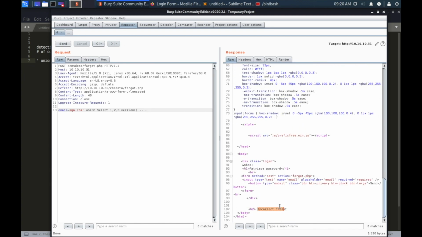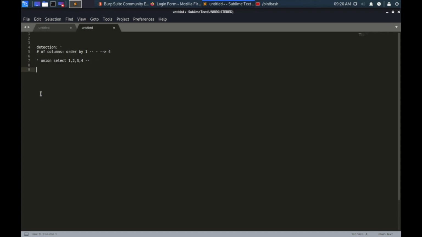I am getting incorrect format one more time. One of the reasons is probably that writing version is not allowed. So I can get the same result in a different way by using concat. First of all, let me introduce what concat is. I can write two values in the concat function, A and B, to get the result AB. So if I write version in here,